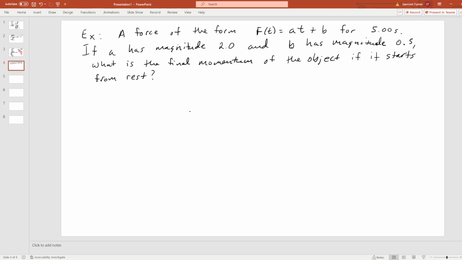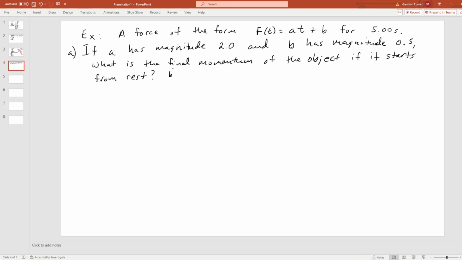Okay, so we know nothing about the object. We just know that a linear force, a force that's time dependent, is going to be acting on it. And we also know the slope is 2, and we know the intercept is 0.5. I'm going to tack on